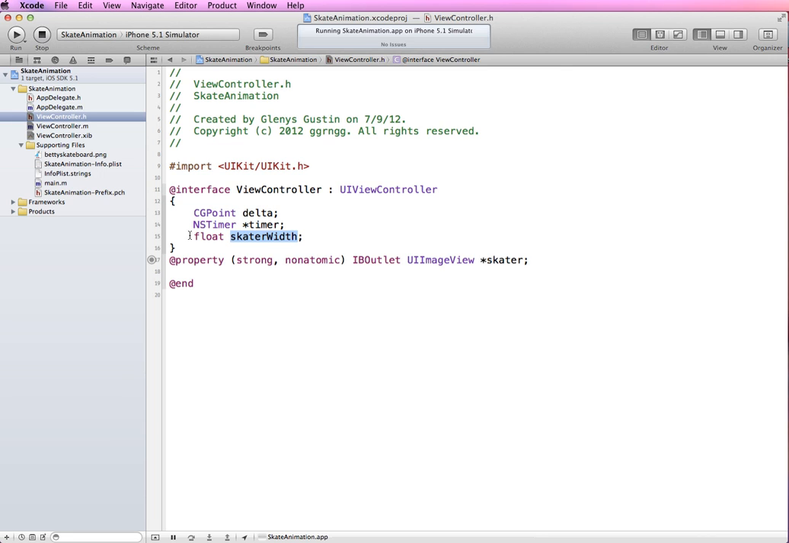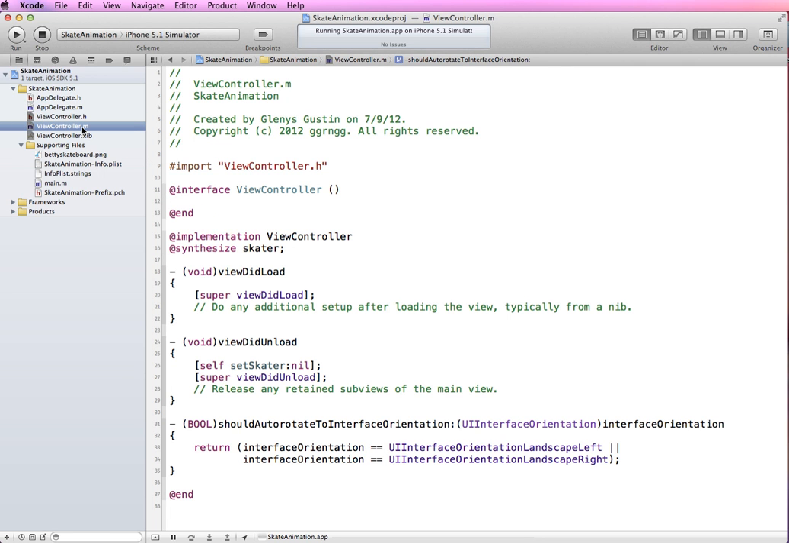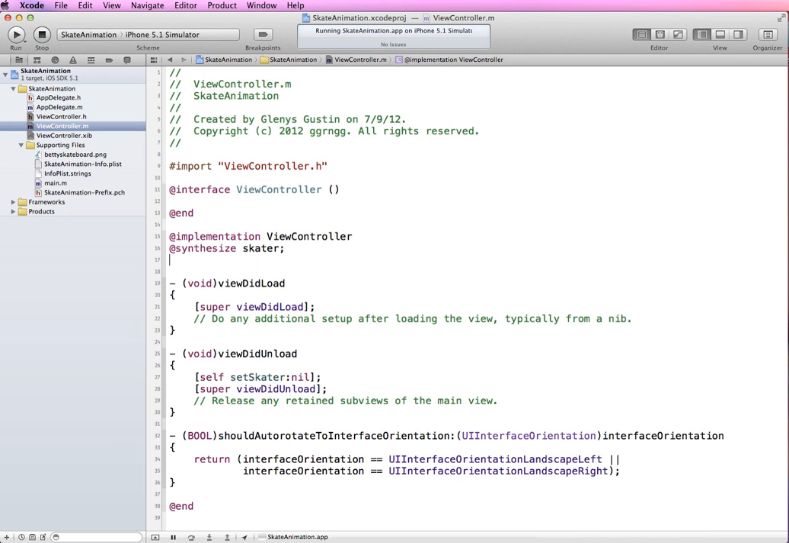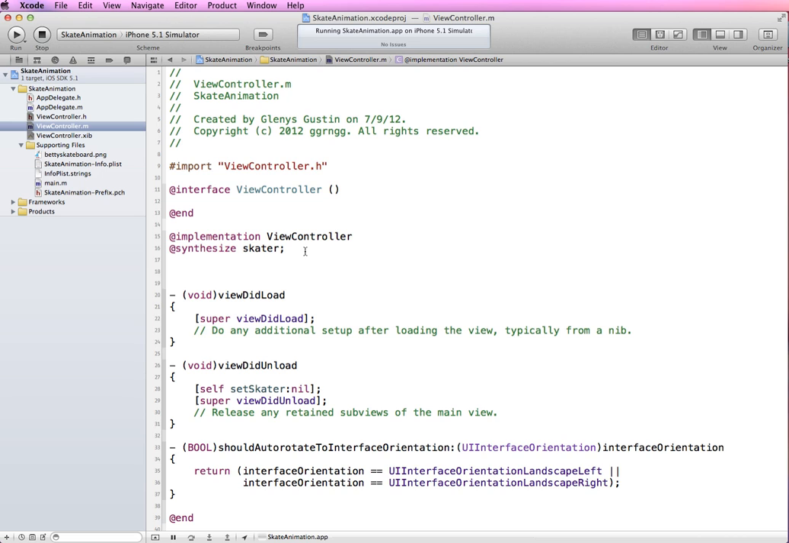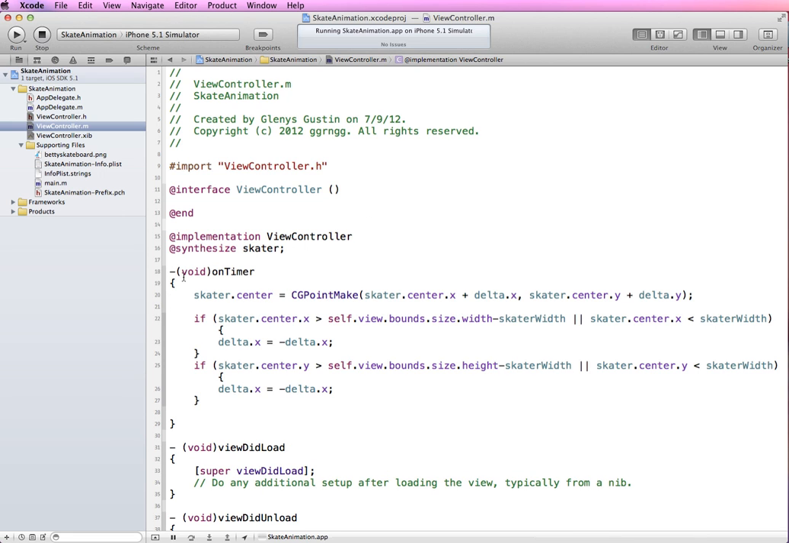So we're defining these variables here, and then we'll be able to use them in our implementation file. So I'm going to switch to the implementation file, and I'm going to paste in a method in here and then describe the content. Okay, we have a method called onTimer, and when the timer runs, what we're going to